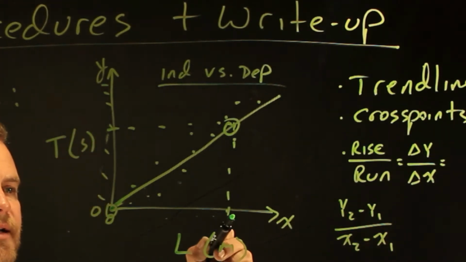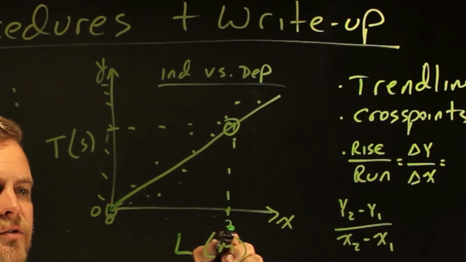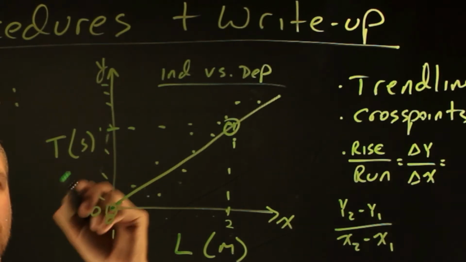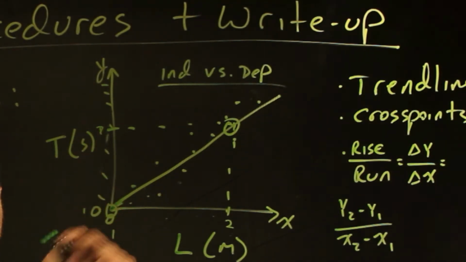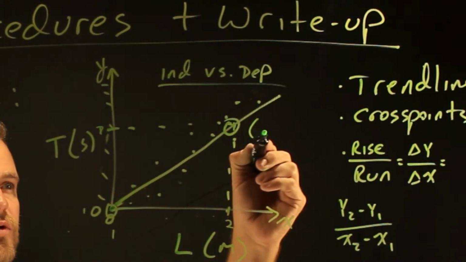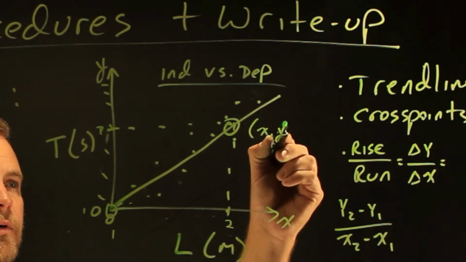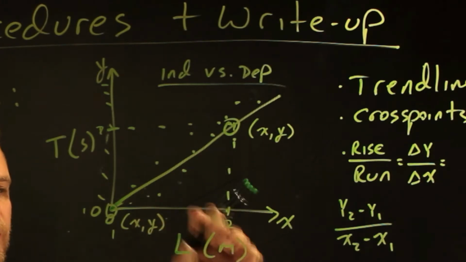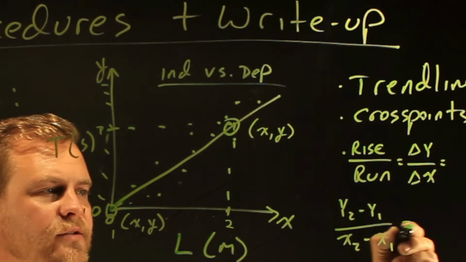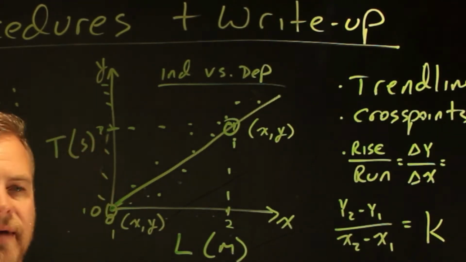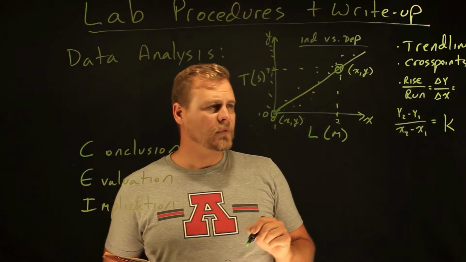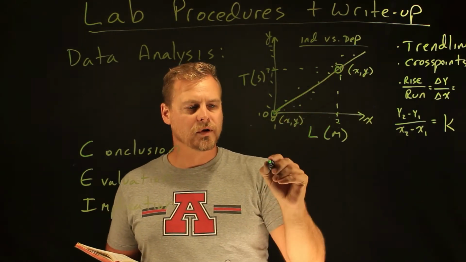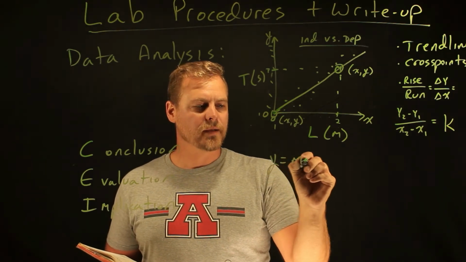So on the x-axis, this is x2, this would be x1. On the y-axis, this would be y2, and this would be y1. And so you'd take those coordinates, your cross points here, and plug them into this formula, and that's going to generate a constant value for you. Okay? Now, this is a linear line, and so this takes the form of y equals mx